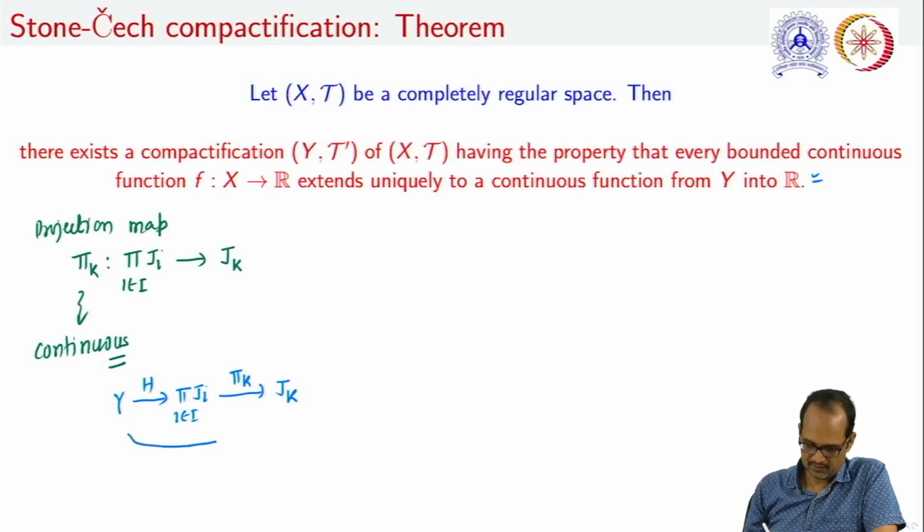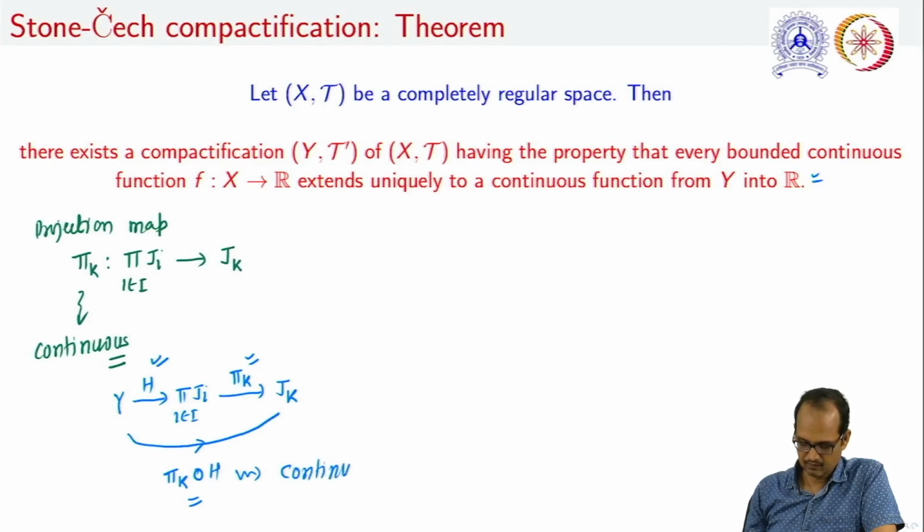So precisely from Y to Jk, we have the function pi k composed with h-bar. It is to be noted that h-bar is continuous and pi k is also continuous. Therefore this function is a continuous function,